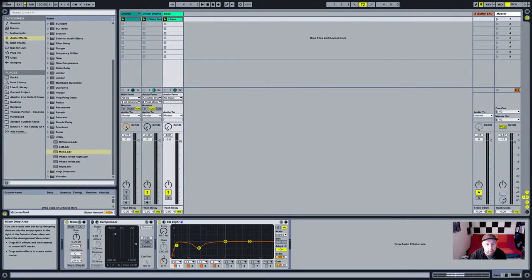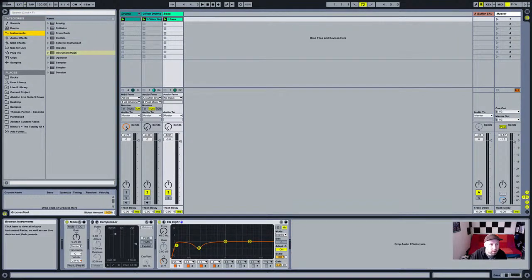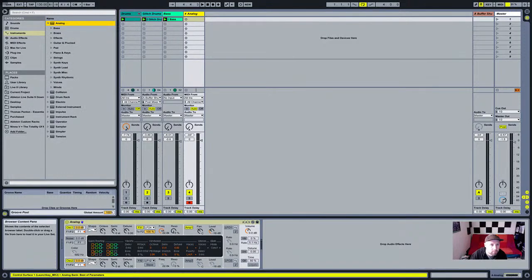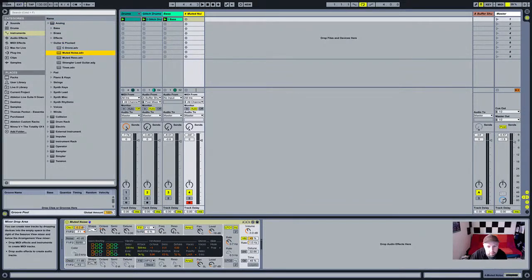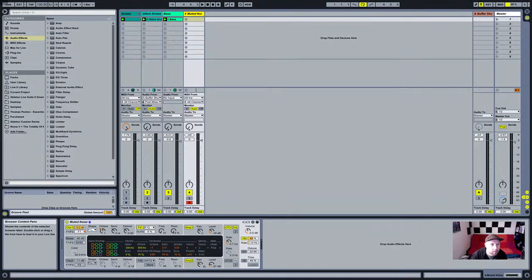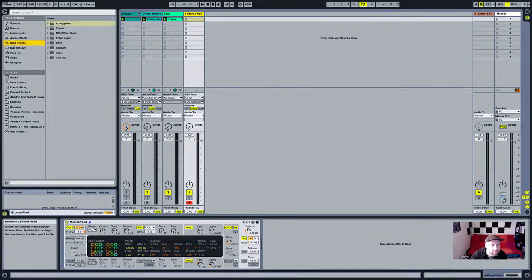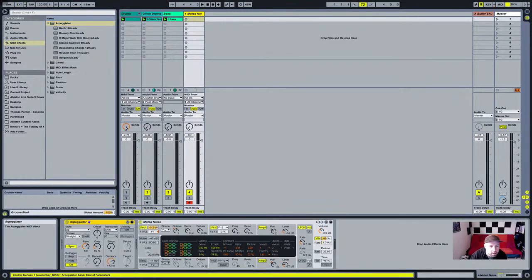If you're using Ableton, I would go to instruments. This is the equivalent of setting up an analog synth here. Maybe some sort of pluck or something like that. Just put that on there, and then I'd be using an arpeggiator. Oh yeah, it's a MIDI effect. So I drag an arpeggiator onto here,